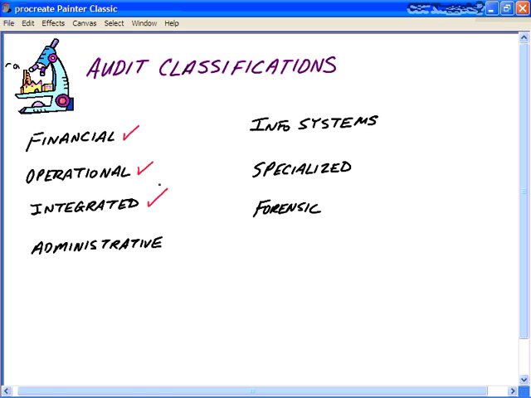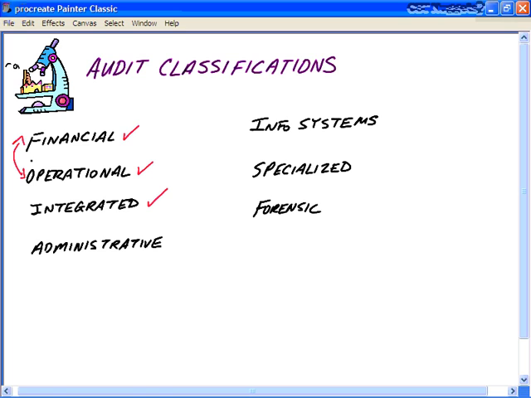An integrated audit is really a combination of a financial audit and an operational audit. Since an organization is going to the trouble to actually implement auditing, it's often cost feasible to integrate different audits together at one time to assess the overall objectives in your organization concerning financial information, safeguarding your assets, compliance, overall efficiency. An integrated audit can be done by external auditors, third party, or it can be done by an internal